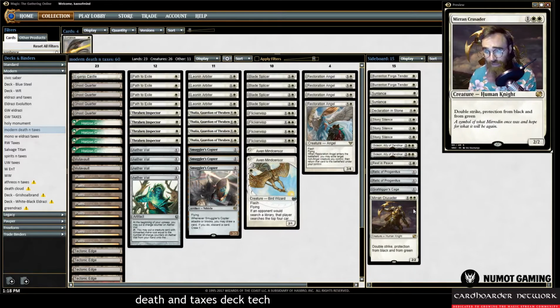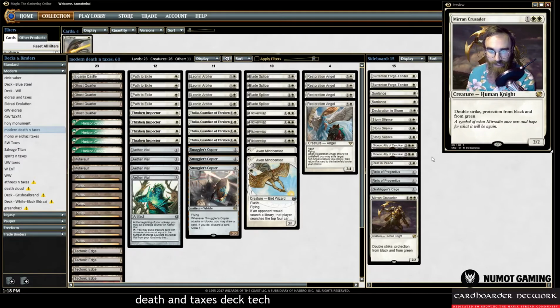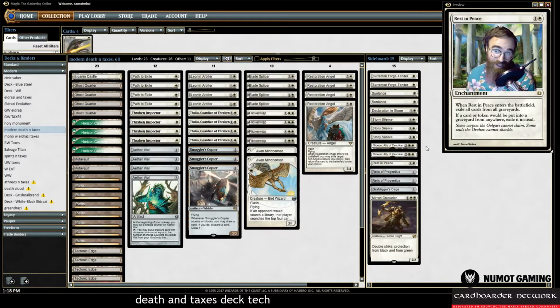Mirran Crusader, obviously great against Grixis Death Shadow. Against any Death Shadow deck, Mirran Crusader is very good. And against a bunch of random green decks, Mirran Crusader is really good. So definitely a solid sideboard card. It was in the main deck. I just switched it to Mind Sensor in the main deck instead because I think Mind Sensor is a little bit better positioned right now. I haven't seen that many Death Shadow decks lately, but